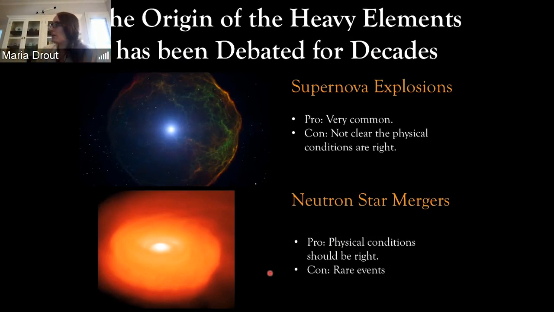The con is that these events are incredibly rare. You need 2 supernovae to happen to get your 2 neutron stars. You somehow need the binary that those stars were formed in to not disrupt after going through those 2 explosions, and you need them to be close enough together that they will eventually merge. So they're very rare. And so it was not clear that there were enough of them or that they made enough to explain the heavy elements we see in the universe. So we have these 2 options.